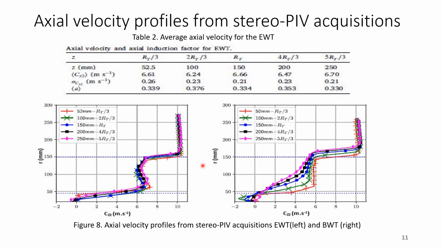Alright, so this graph shows the axial velocity profile for both turbines, the EWT type and the BWT type turbine. We can see that the axial velocity profile for the EWT type turbine is relatively constant and equals 6.5 meter per second, whereas for the BWT type turbine at distance z equals R_T by 3, which is represented with the red color, it is relatively constant and equal to 6 meter per second, and the axial induction factor set for both turbines was 0.33 for both wind turbines,